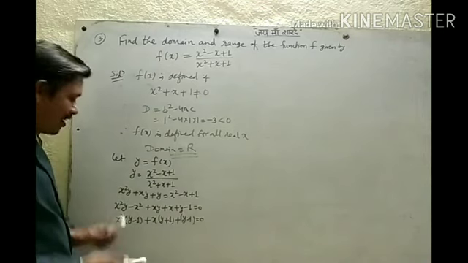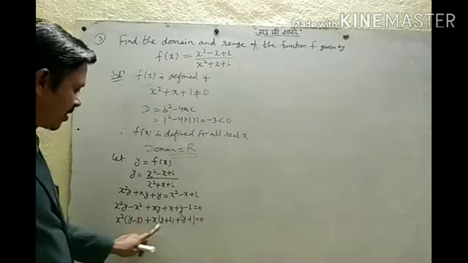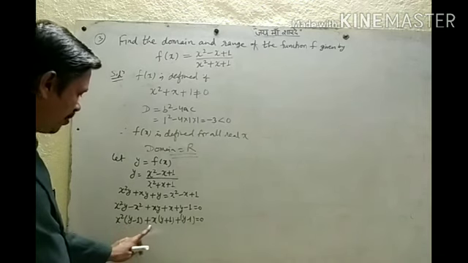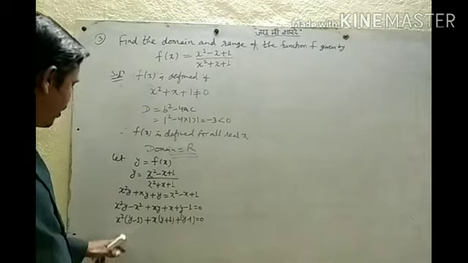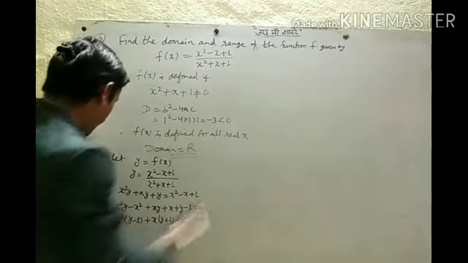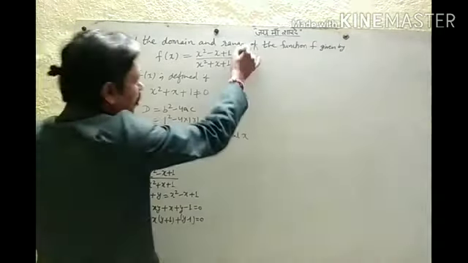Now it is one quadratic equation in x: ax square plus bx plus c equal to 0. So how to solve it? How to find the solution? x will be